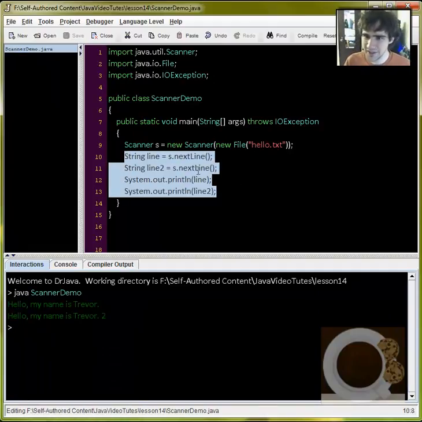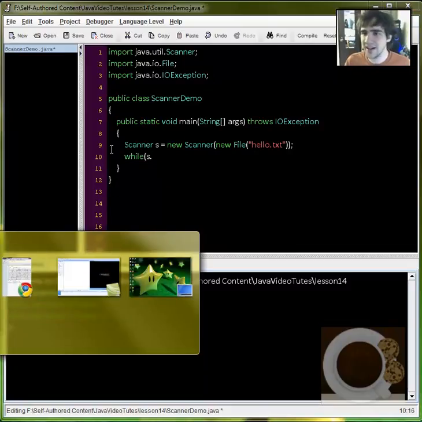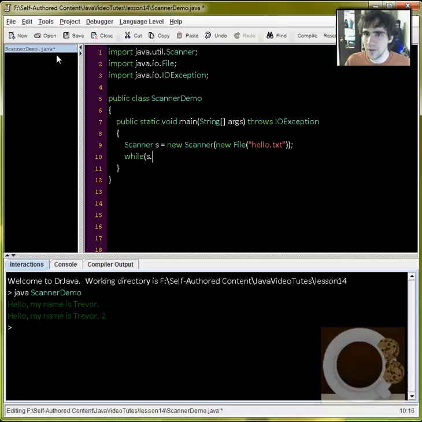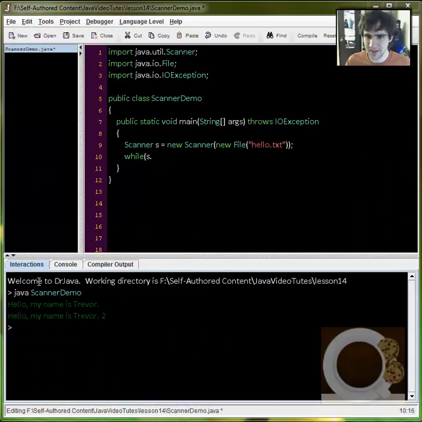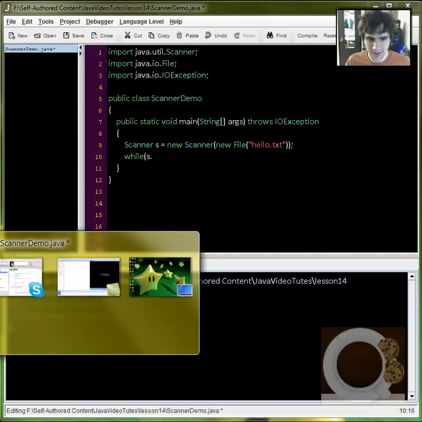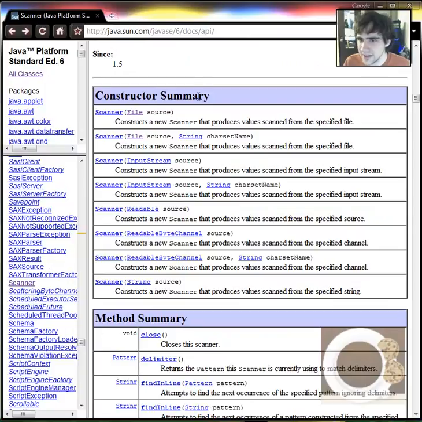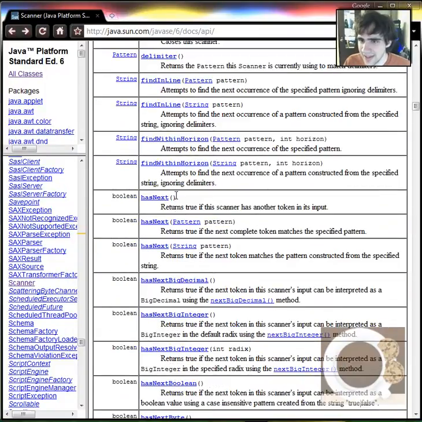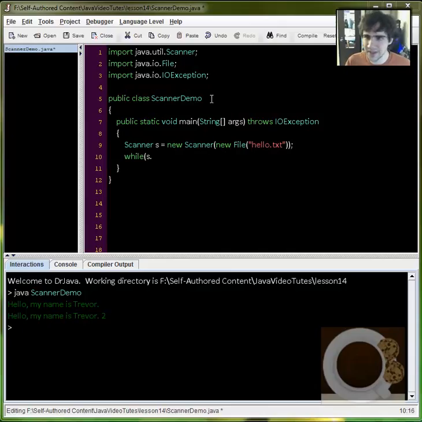Let's say we wanted to get all the lines. We could just use a loop. So let's use a while loop, while s dot. Now we need to find out how, like we want to run this while there are more lines to be thrown out. So let's look at the API here and go back to my Scanner class, and you see this has the hasNext method. It's a boolean, returns true if the scanner has more tokens, more things to scan. So we say while s.hasNext,